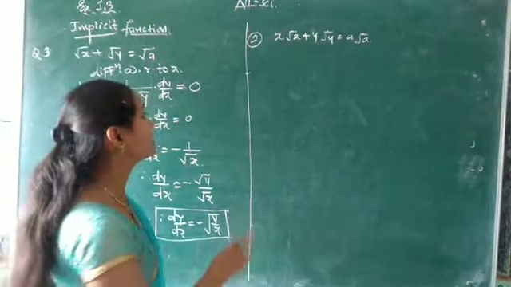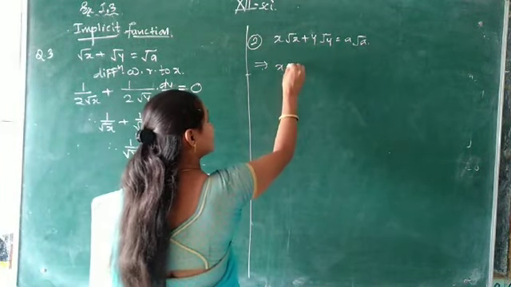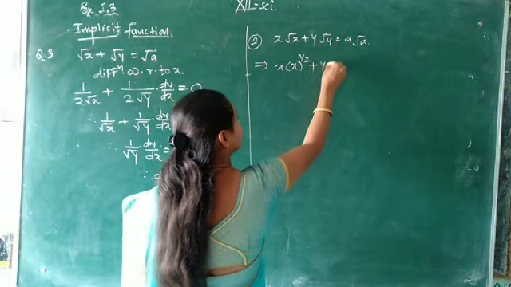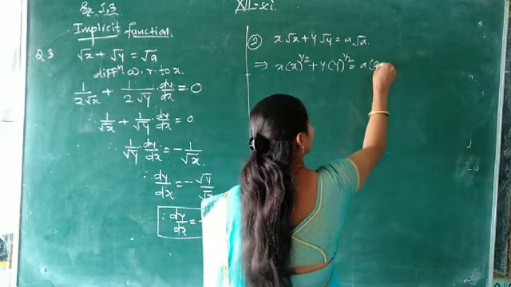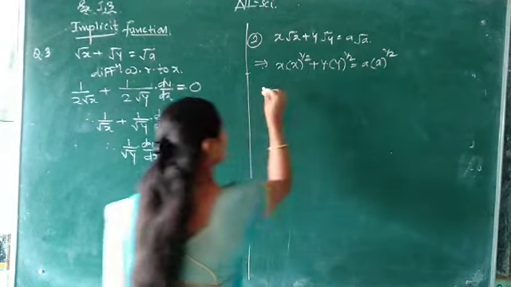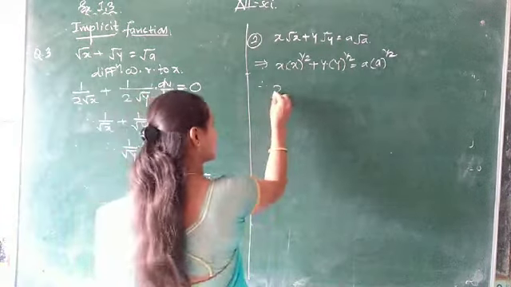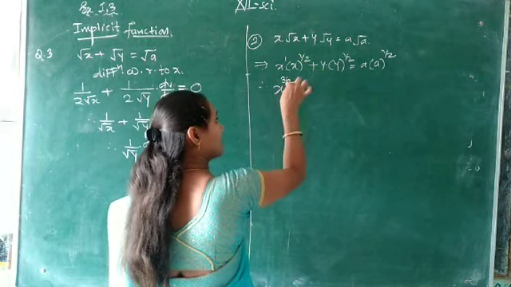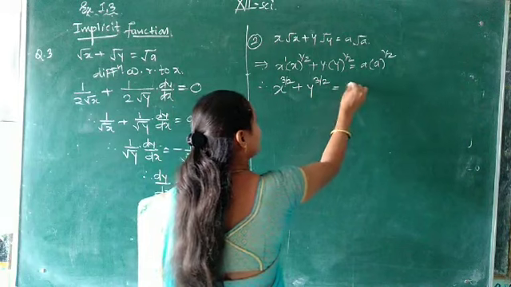Now this is the same variable, so first we arrange the terms. Here x as it is and root x can be written as x raised to half, plus y as it is, root y can be written as y raised to half, equal to a into a raised to half. Now we add the powers, so x into x raised to half means x raised to 3 by 2. Here the power is 1, so 1 plus half, that is x raised to 3 by 2, plus y raised to 3 by 2 is equal to